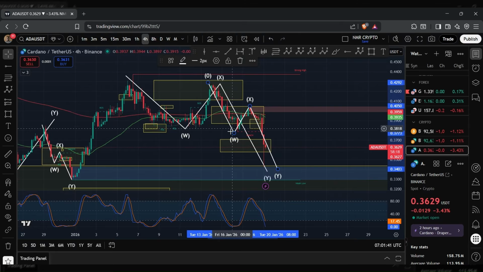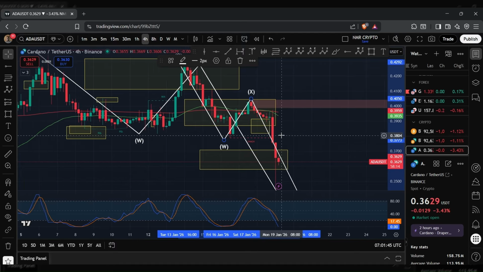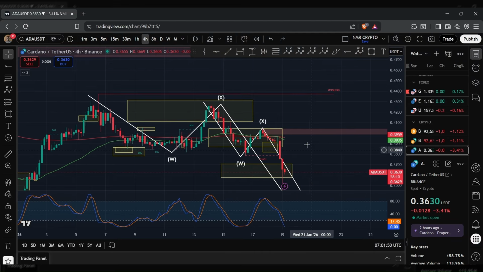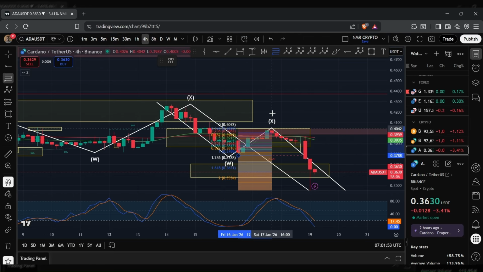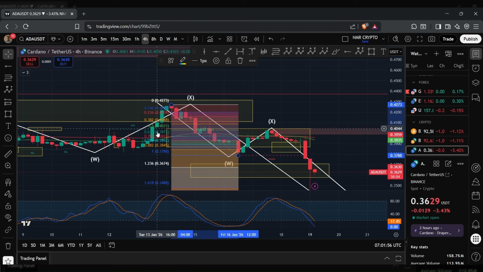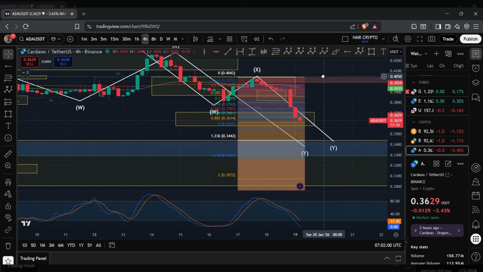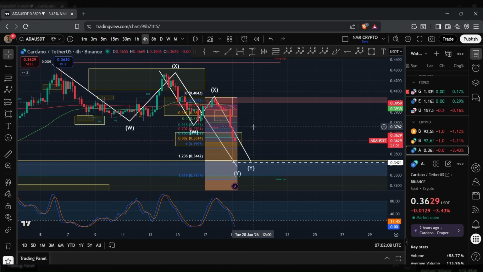So once we ended up breaching below the wave W, that then triggered a change of character, which then signaled that we were bearish. And so what I do is check to see if this Y wave ended up tapping into its typical range between 1 to 1.236. So if I bring in the fib tool and bring this to 40.42 cents. And yeah, so you can see that we ended up tapping into its typical range. And so I'm looking out for the price of ADA to have bottomed out at 34.21 cents and to see